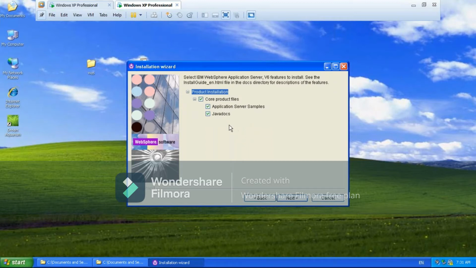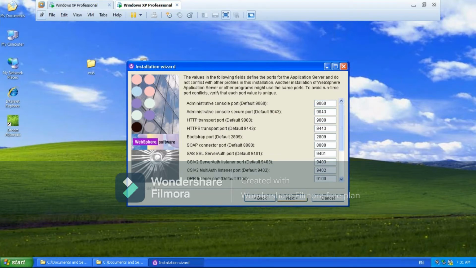Now the installation offers application server samples as well as Javadocs. Whichever application server is installed, the server name is going to be server1. In server1, if you select this one, the default sample applications will be installed in server1 by default. So I'm selecting this one, because I want to show you how that application works, and click on next.